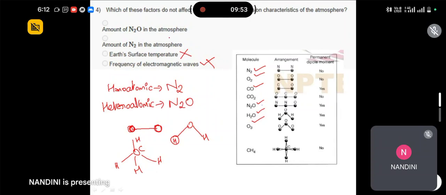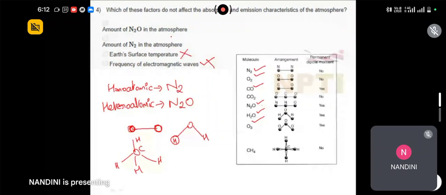Here, the question was which of these factors do not affect the absorption and emission characteristics of the atmosphere. Homoatomic molecules such as N2 and O2, and heteroatomic molecules which don't have a permanent dipole moment, like CO2, CH4, etc., don't interact with the electromagnetic radiation that is passing through the atmosphere. So N2O, which is a heteroatomic molecule and has a permanent dipole moment, does affect the absorption and emission characteristics of the atmosphere, whereas the amount of N2, which is a